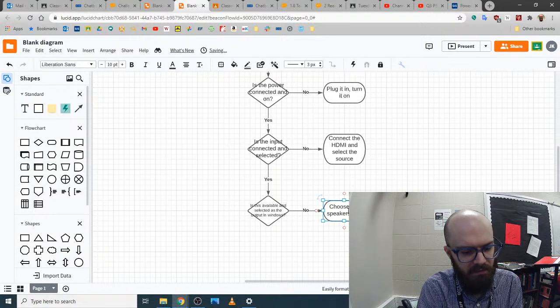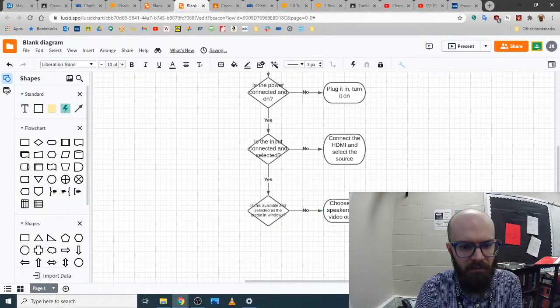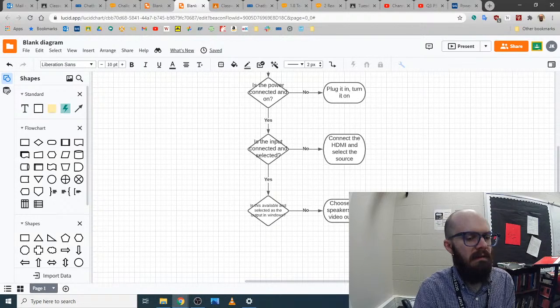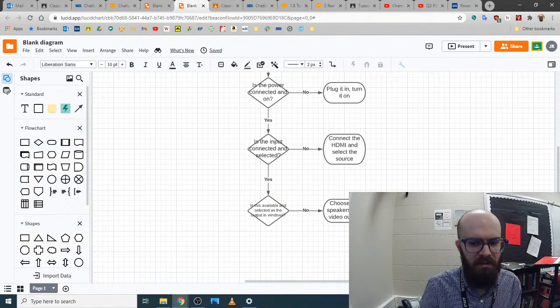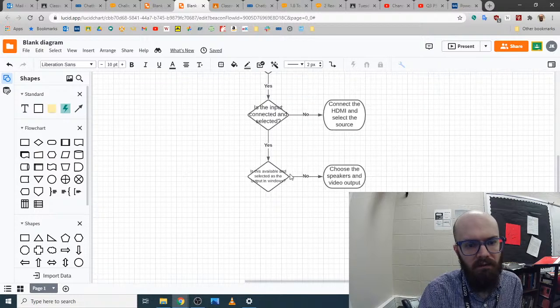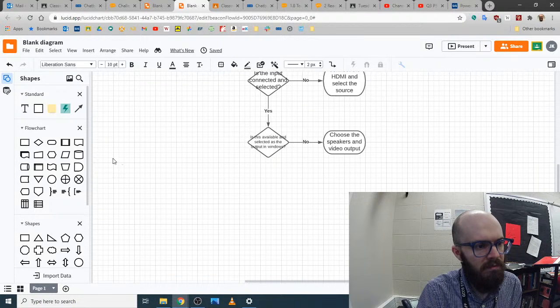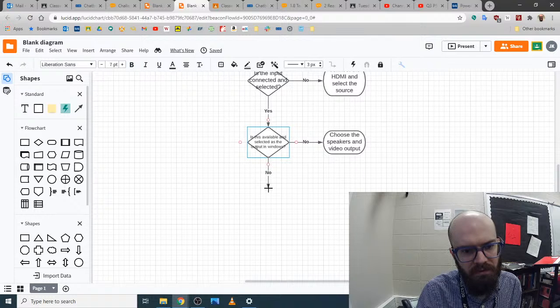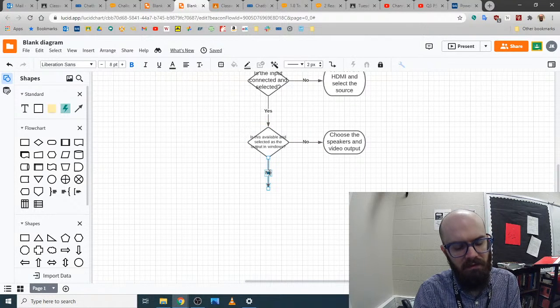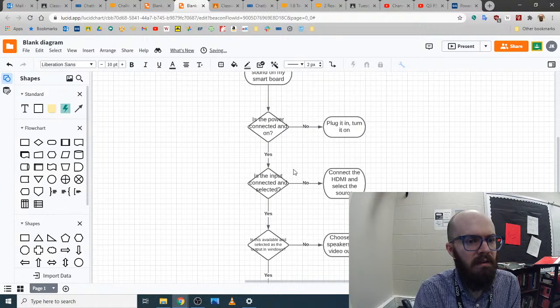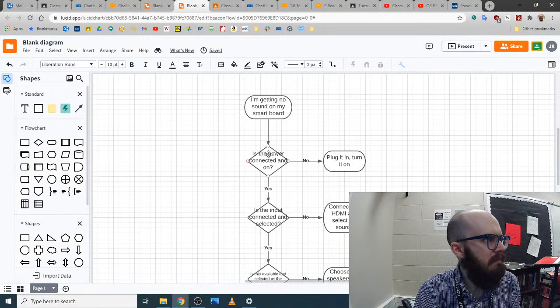Choose the speakers and video output. Sometimes it'll be separate. For these boards, sometimes you have to choose the audio and the video separately. Sometimes it's one thing, especially if it's one cable with HDMI. And then what I say in real life, if they get past all the obvious stuff,